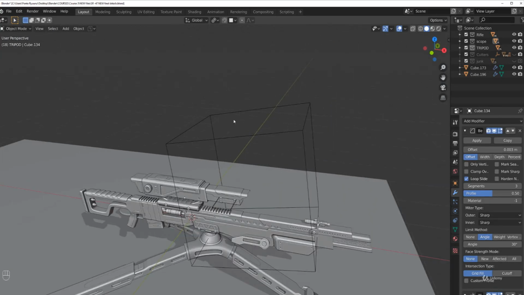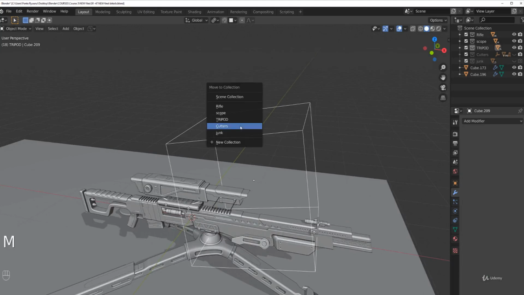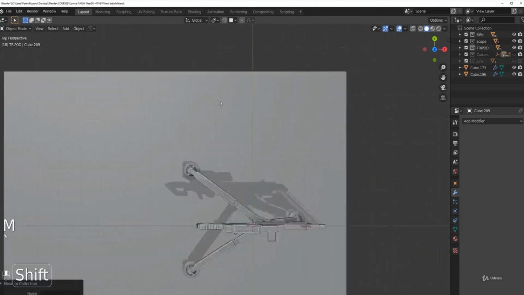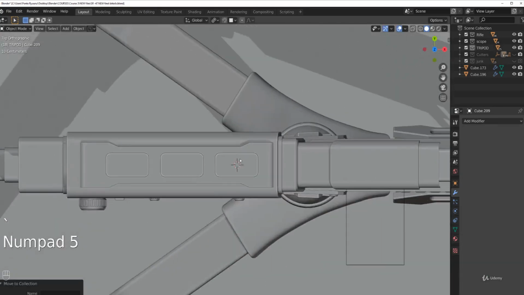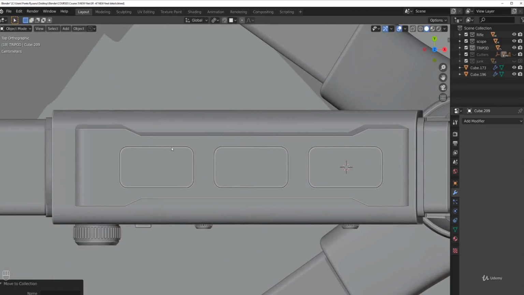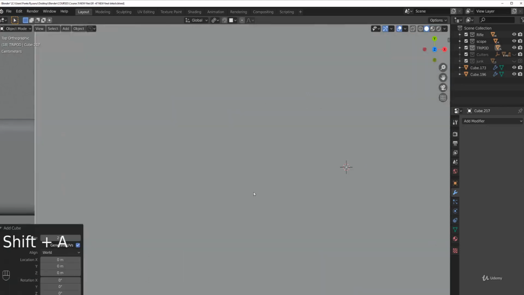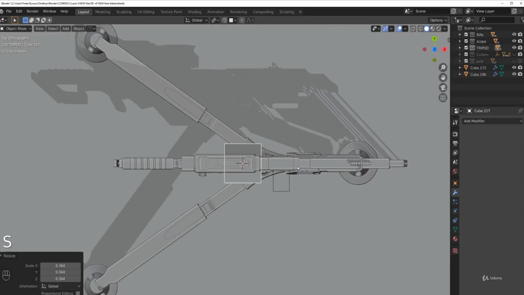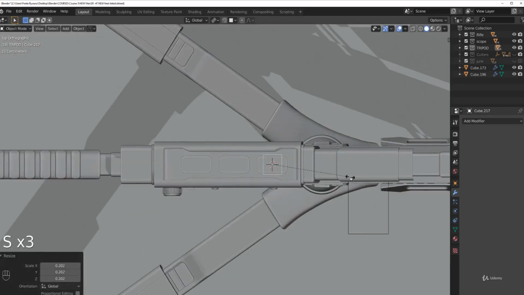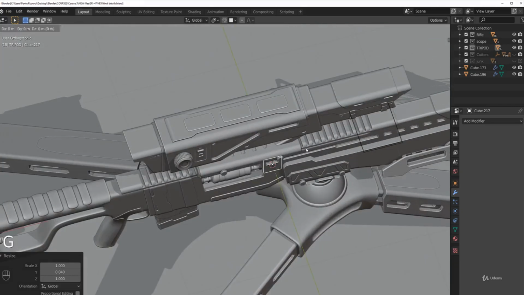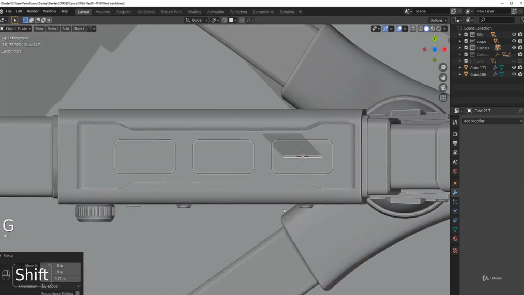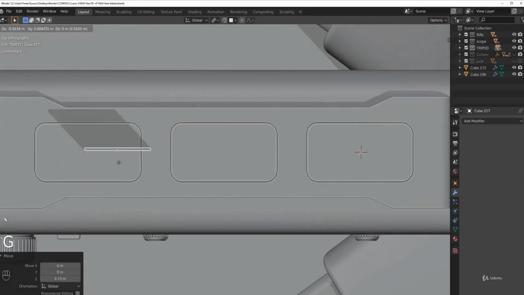Yeah, and PG. So hide this one, 2 cutters, okay? And then we could have a little bit more fun and add some cuts to them. So let's grab a cube and make it really small, as in that small, and really narrow. And move it up and move it here,